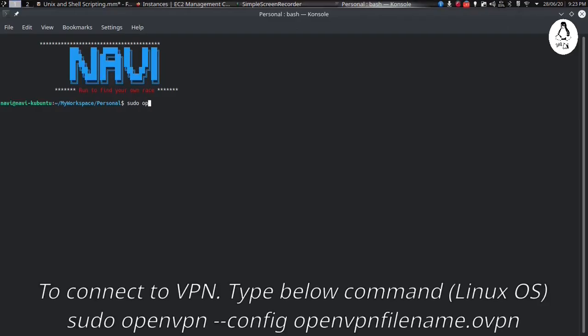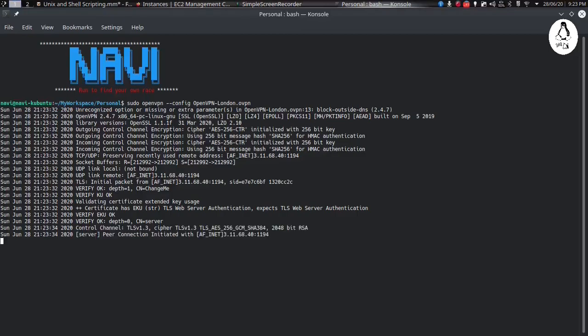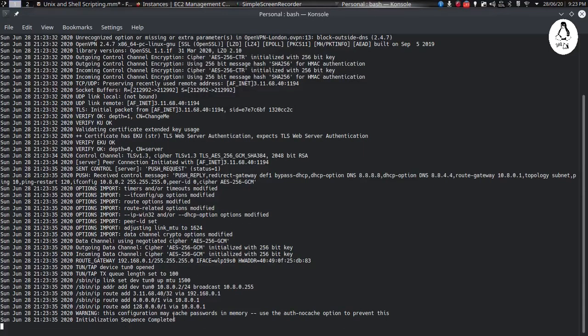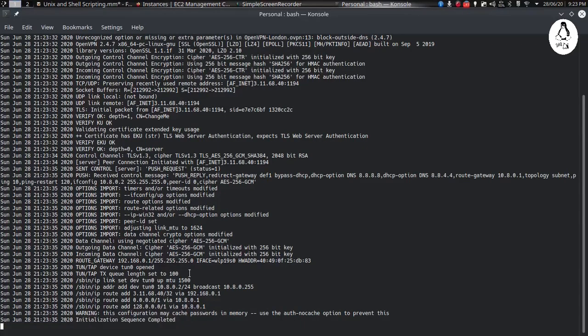Then to connect to the VPN, just type sudo openvpn --config, then give the file name which we copied, then press enter. It is trying to connect. Now you can see, at last it is written "Initialization Sequence Completed." That means we are connected to the VPN server now.